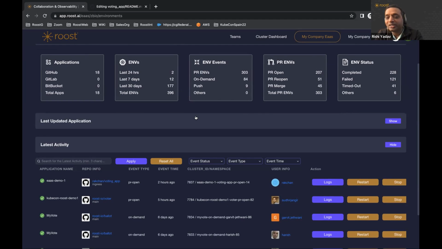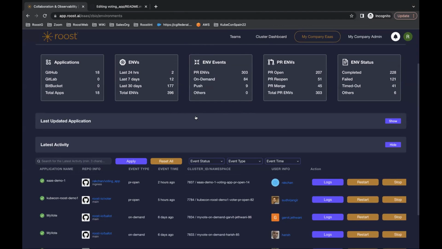Because in the old school IT, there used to be something called change management, right? Change management was to control the change, not to embrace the change. But what we are doing with the pull request in the industry is that now we are embracing change. Change is good. Change should be fast, but change should be safe. So the whole pull request and the way change is becoming a first-class citizen, these two are the giants whose shoulders we are standing upon.